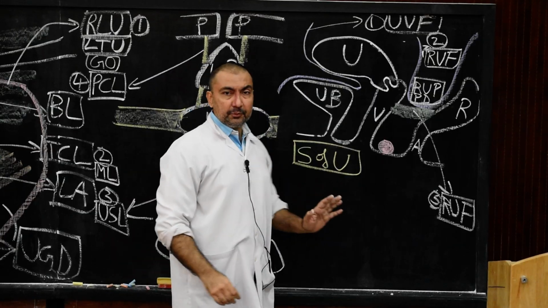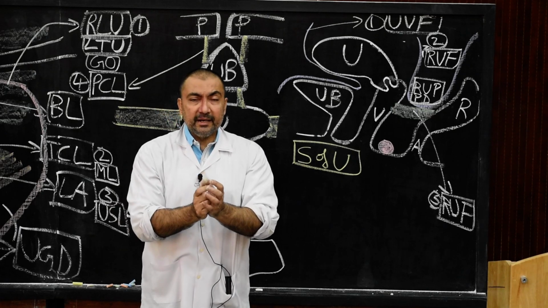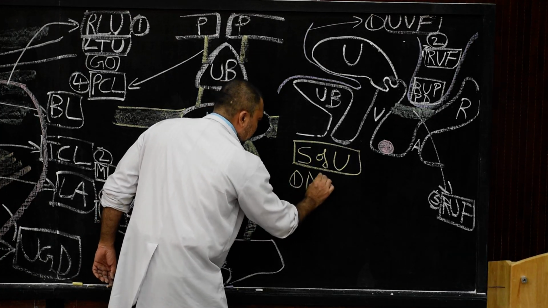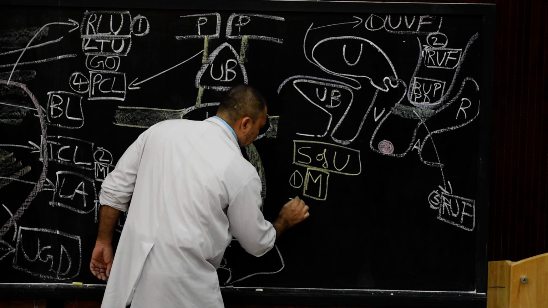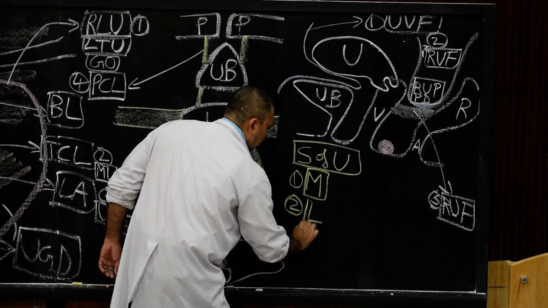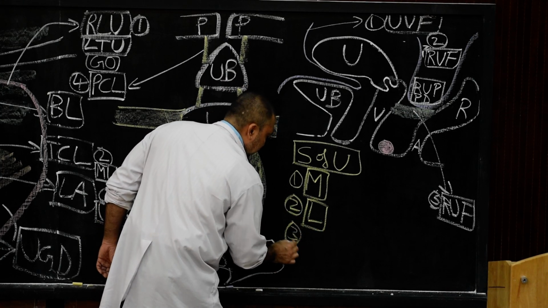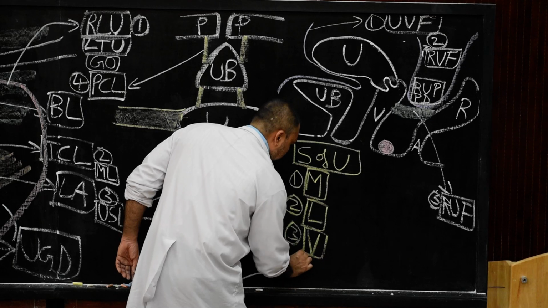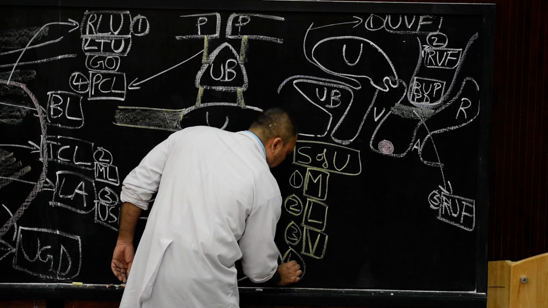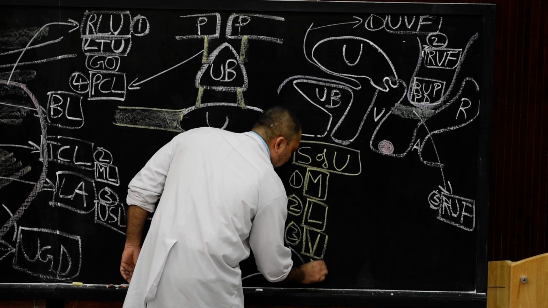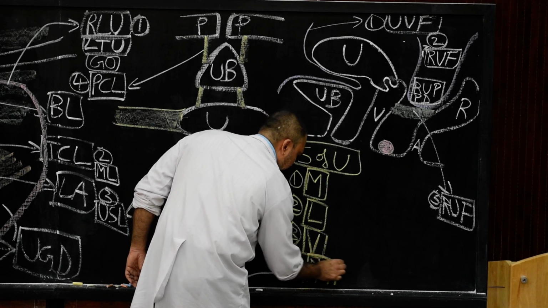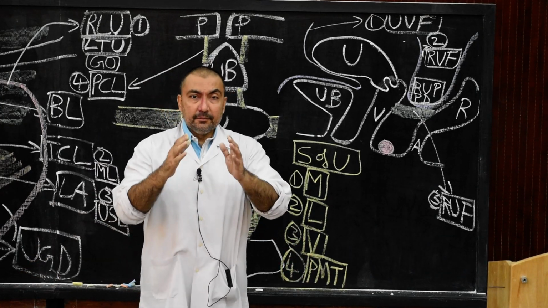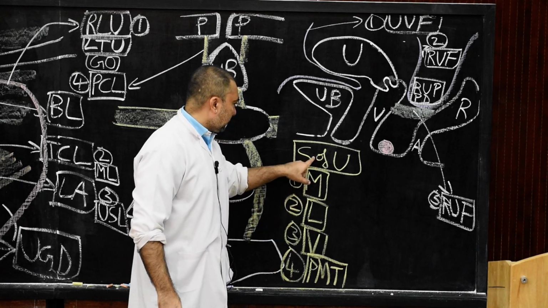You can draw these diagrams in the supports of the uterus. The entire uterus is supported by the following structures. And what are those structures? Number one, the muscles will form the supports. Number two, the second support will be provided by the ligaments. Number three, the third support will be provided by the viscera. And number four, the fourth support will be the parametric tissue, which will function as loose packing material.